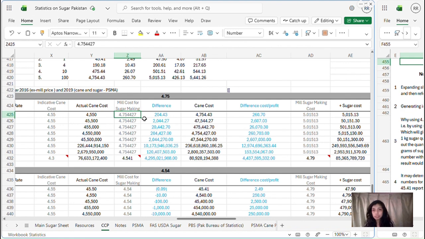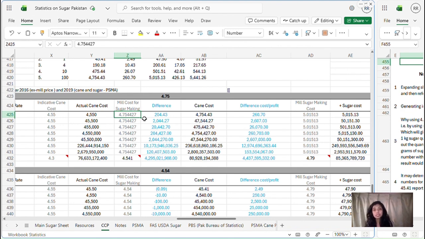Once we get that 1 kg sugar quantity, we are going to find out how many kgs of cane were required to produce that 1 kg of sugar. Once we find that 10 kgs of cane were required to produce that 1 kg of sugar, we are going to find out, if 1 kg of cane produces how many grams of sugar. Once we find out 1 kg of cane produces 100 or 104 grams of sugar,